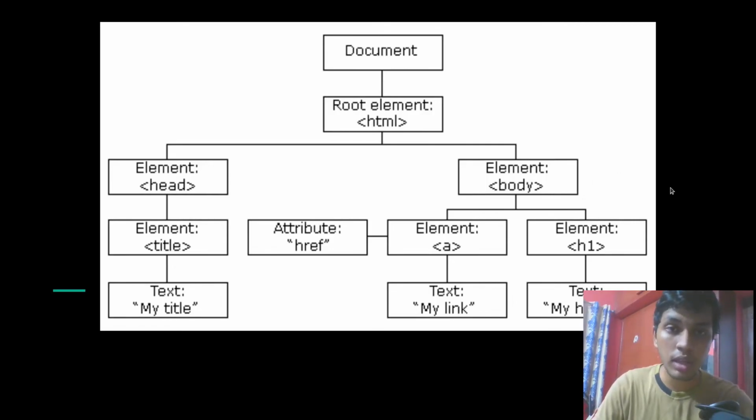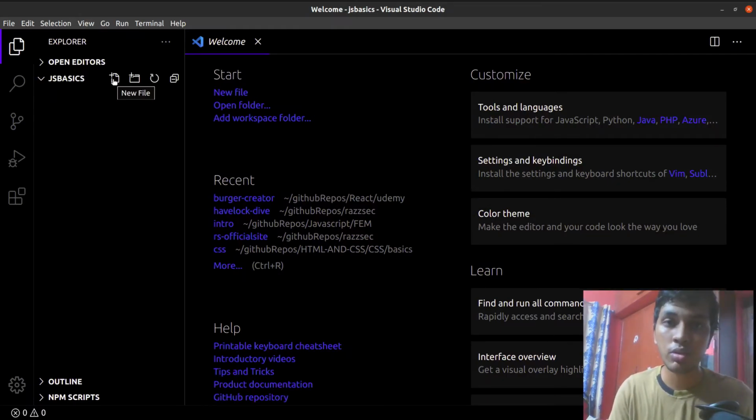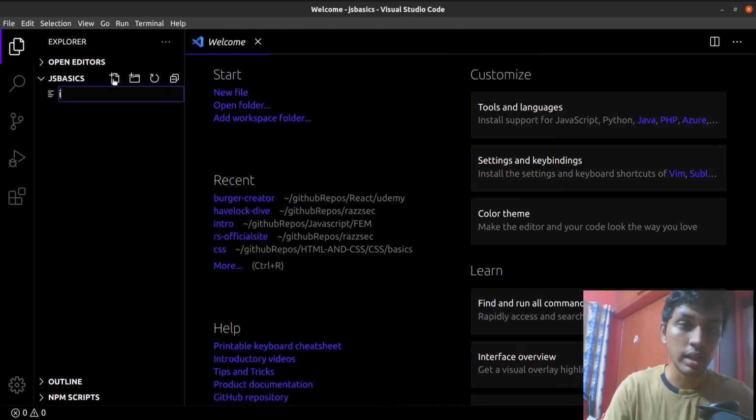So you see, first we have the HTML tag, and then there is the head tag which contains the title tag, and then there is the body tag which contains the anchor tag and the h1 tag. Alright, let's recreate this in HTML so you can get an understanding. For this, I'm going to be using my text editor Visual Studio Code. I'm inside my JavaScript Basics folder. I'm going to create a new file, index.html,